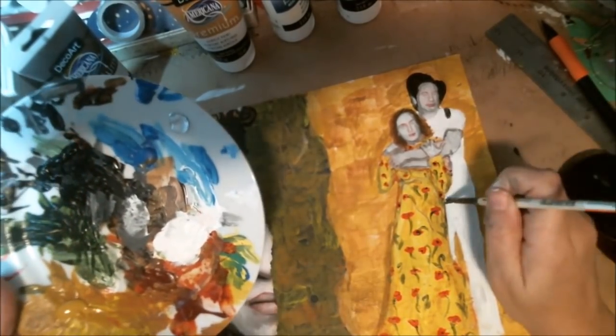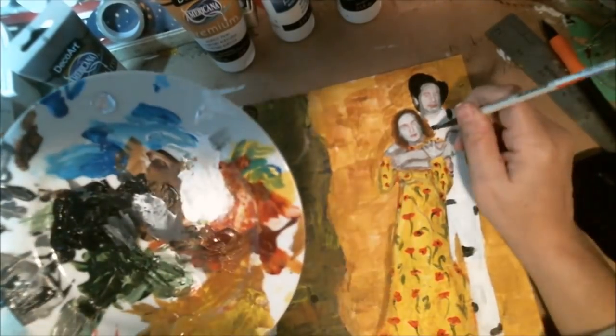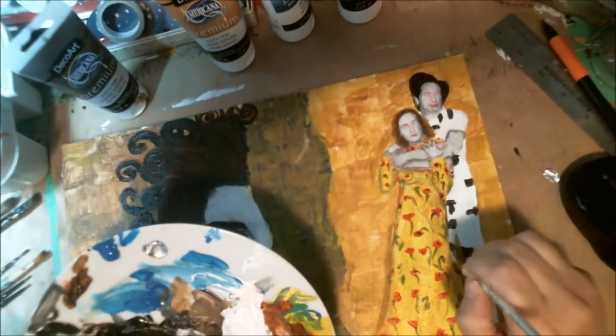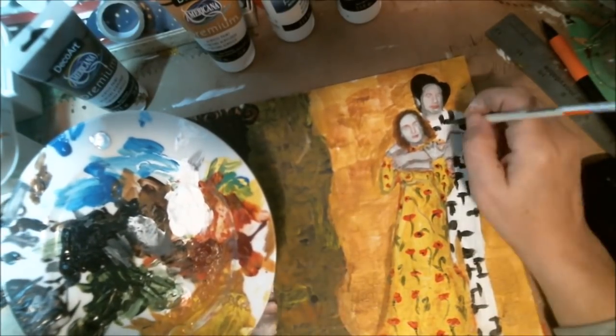And I'm glad I took the opportunity today to record this, because I don't usually record these, but I thought, hey, why not? Give it a try. And here we are. So I started blocking in the black in here, and I think it was like a carbon black. I just started blocking in his suit, and